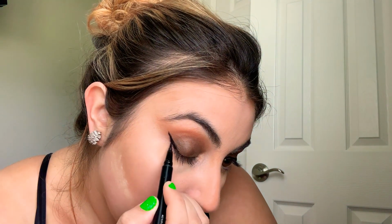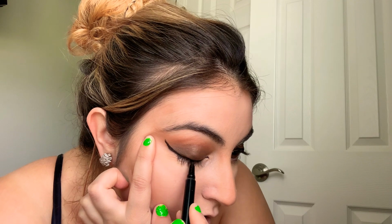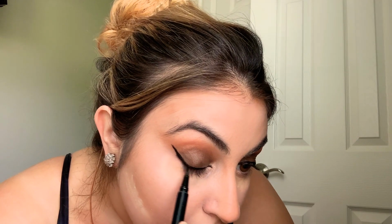Okay, and now we're going to do the other eye. The same thing that we just did. Make it into a nice point in the corner, because that's what's going to give you that sexy, feline cat feel. I just want to make sure that these are even, because there's nothing I hate more than uneven eyeliner. Okay, so once you have something like that going on, and it looks like that on the side,